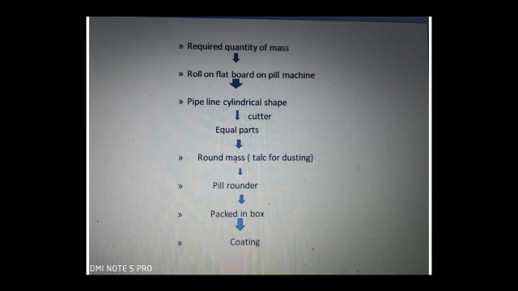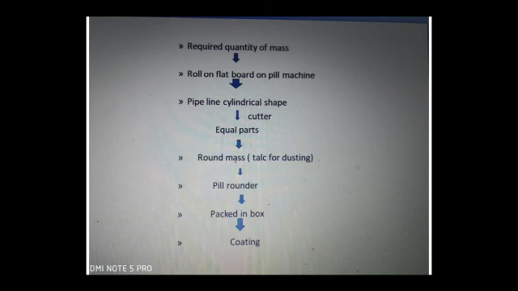The cutter is usually dusted with powder to prevent the adhesion of pills to the cutter. Liquefied powder is used for dark pills and kaolin for light pills. The cut parts of the pill pipe are made round with a pill rounder. Talc is used to dust the pills to make them rotate easily and smoothly.